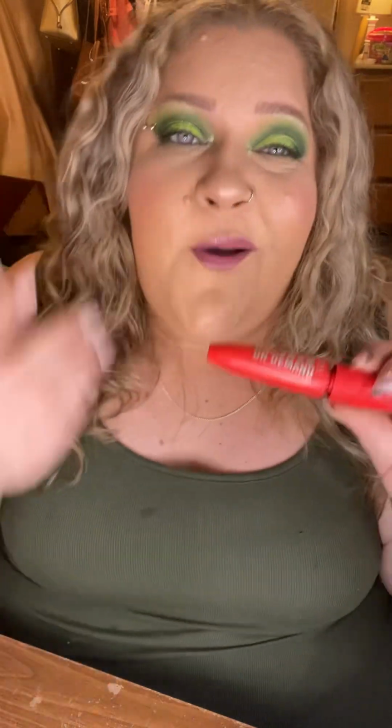It's a super black formula as well, so it's really dramatic on the eyes. It gives you length, it gives you volume, it gives you definition. This is fantastic. The only reason I stopped using it is because, especially during winter months, my eyes just get so watery from allergies